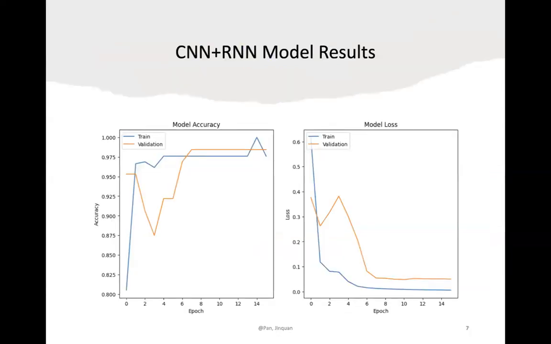And here we have the result for our first model. As we can see in the graph, the model converged relatively quickly, demonstrating both high training and validation accuracy with minimal overfitting observed. The training shows consistent improvement in accuracy and decrease in loss over 14 epochs, showcasing